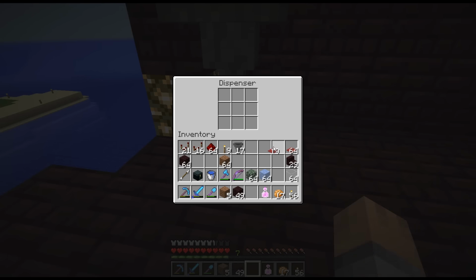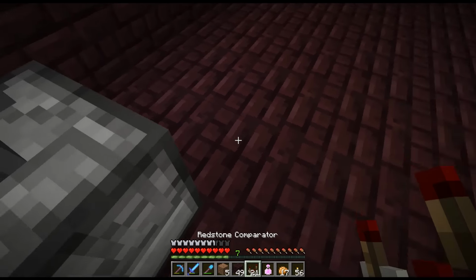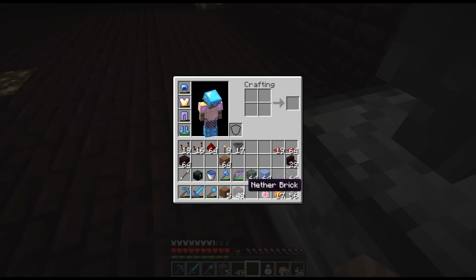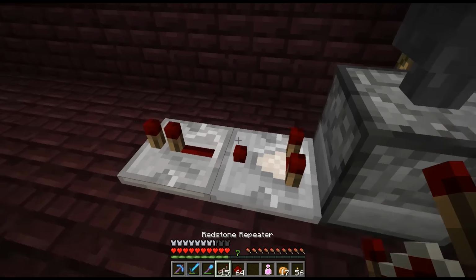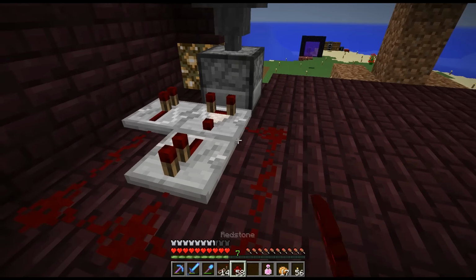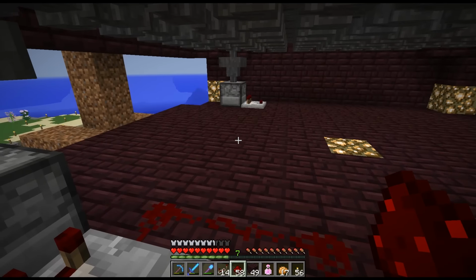Perfect. Okay. So now all we gotta do is set up 2 simple comparator clocks over here. We put one here, one there. Need repeater and redstone. One repeater going out. Repeater over here. Connect all this with redstone. And we are going to... Oh...